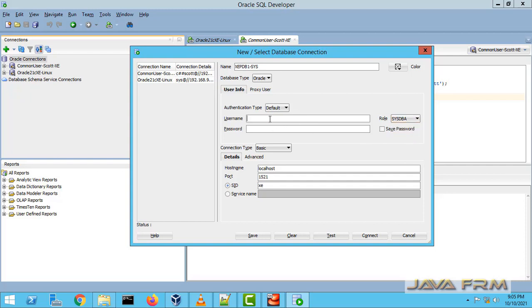The pluggable database runs inside the container database, so all those users who are in the container database have access to the pluggable database. Okay, so this is the syntax. Service name is XEPDB1. So yes, I am able to connect.